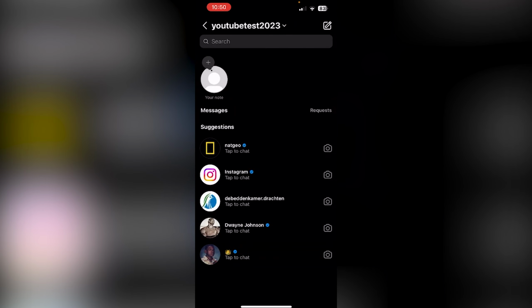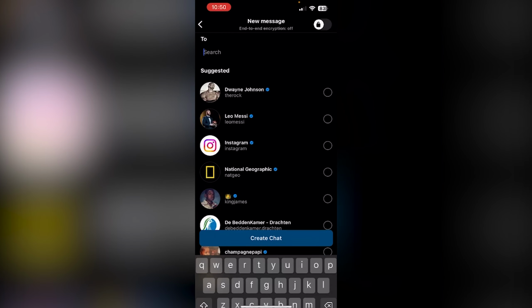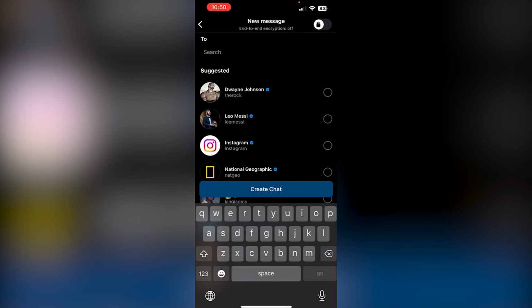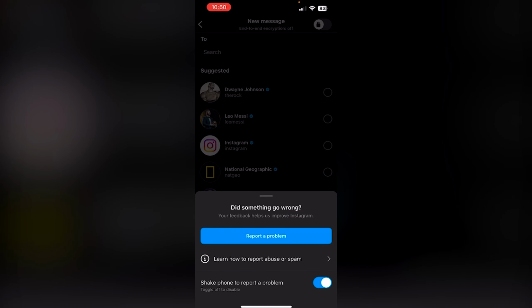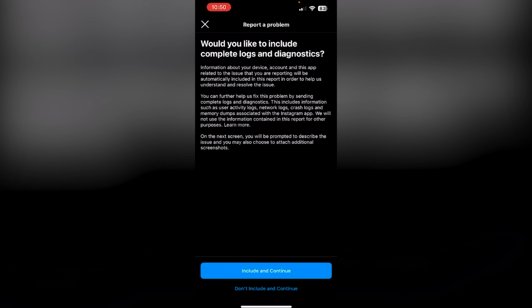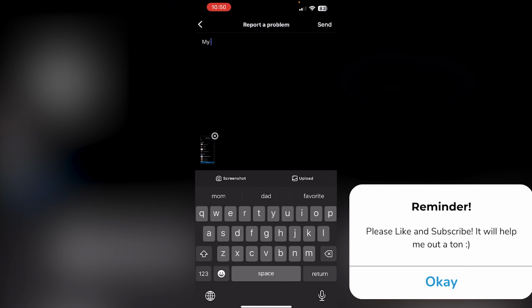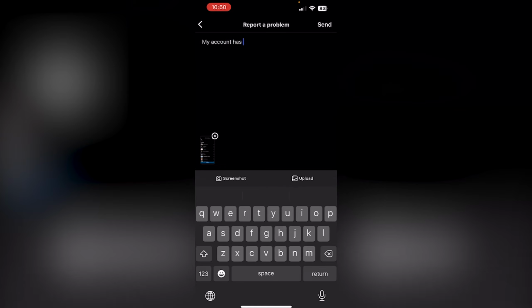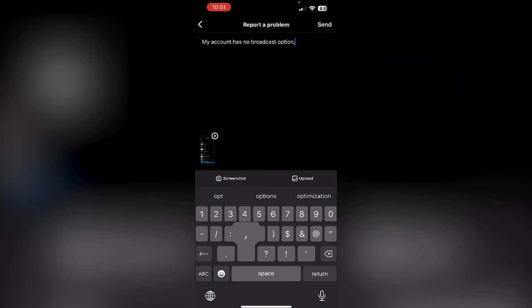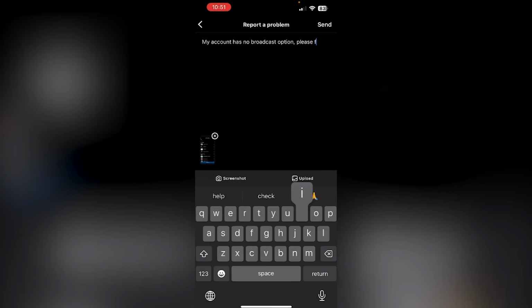If it's still not available when you go to the top right 2 times, simply shake your phone. This should appear, did something go wrong, and here you can report a problem. Now all you have to do is press include and continue and type my account has no broadcasting option, and then type please fix this, and then in a couple of hours, probably 24 hours, your problem should be